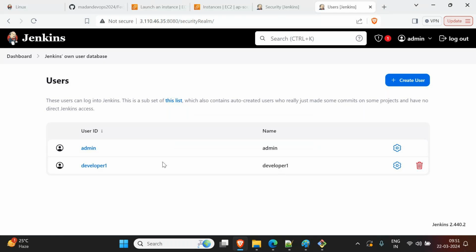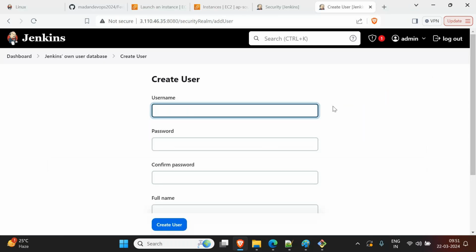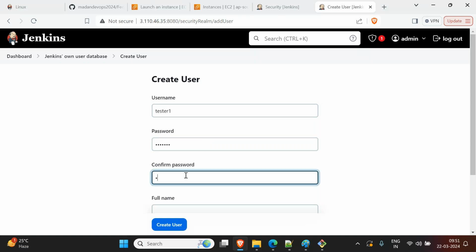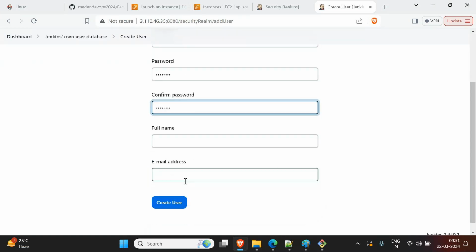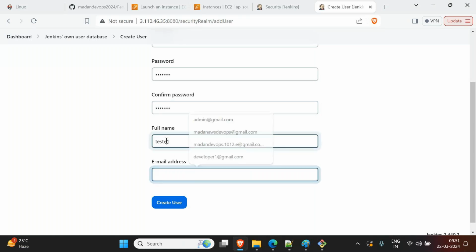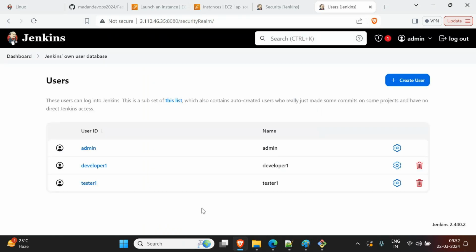So a new developer is created now. Okay, one developer is created. Similarly, let me create one more developer, one more tester, for example, tester one. Right. Developer one, tester one. Now let's play with these two people